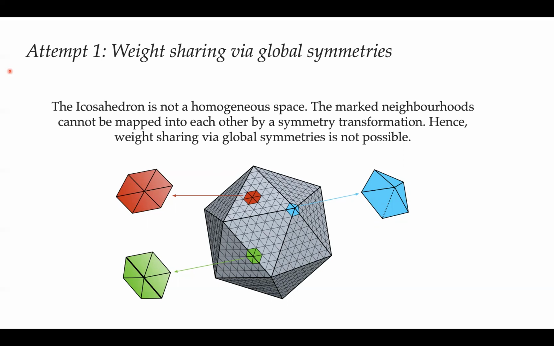That works fine in a homogeneous space where for any 2 points there is a transformation mapping one to the other. But on other spaces, there's not always such a symmetry. So here you see a rather special shape, the icosahedron, and clearly we can look at, let's say, this blue patch, and there are symmetries of the icosahedron that will map this blue patch to other corners of the shape, but it will never map it to the interior of a face where we see this red patch, for example. So the symmetries would not give us weight sharing between those positions.